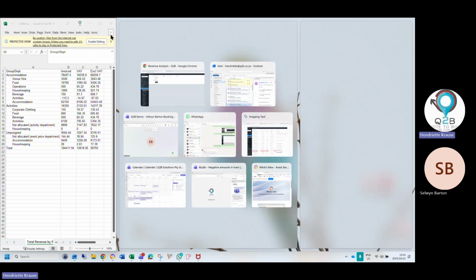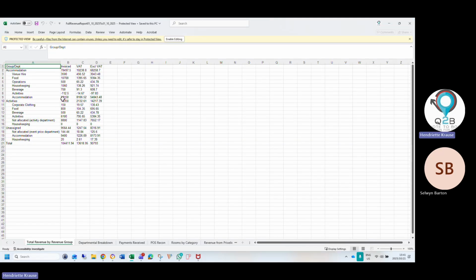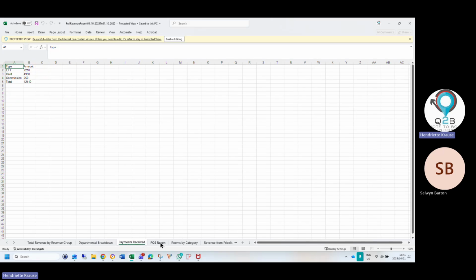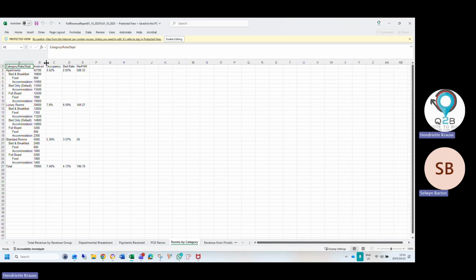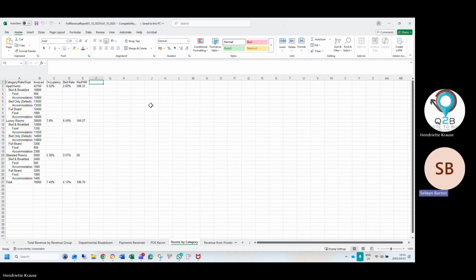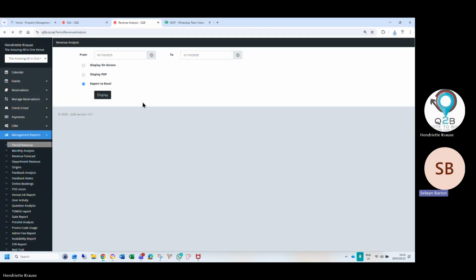There you can see now my spreadsheet. And every little block that you saw there in the screen version, you can now see it here. If you break down your apartments, let's say house 1, house 2, house 3, you will see immediately how much was invoiced for that week or for the month, and you can add your own columns in here for commissions paid or anything that you want to. But let's say a booking comes through from booking.com, for example, it doesn't split the booking into commission and those kind of things. No, unfortunately not.